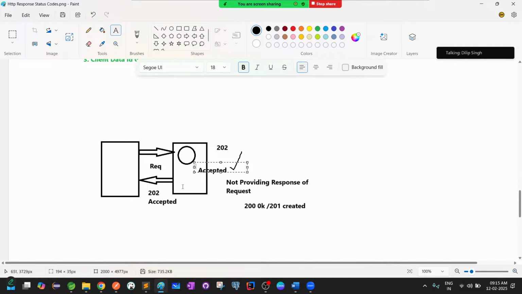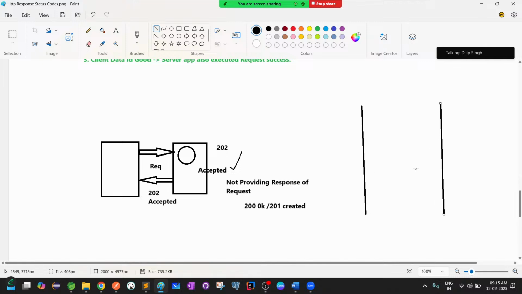So if you have that kind of requirement, you have to give an acknowledgement to the client, like, okay, I accepted your data. Take care of other work, I will update later, or something like that. You have to send the status code. So now assume here, client and server. When the client received 200 OK